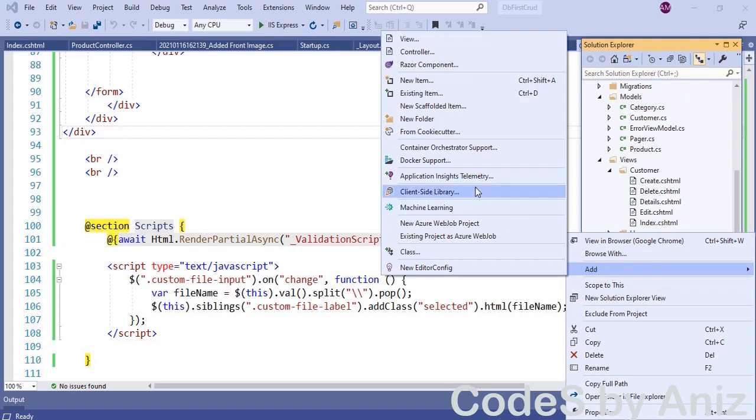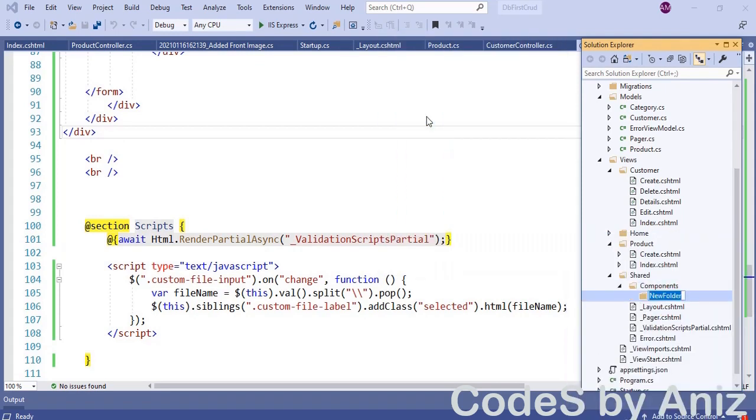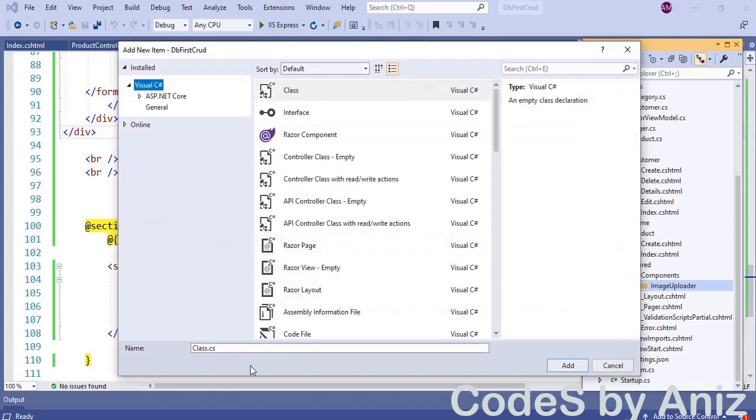Inside the components folder, create a folder named ImageUploader. And then we need to create a class file. This class file should have a suffix of ViewComponent. So add a class file and name it ImageUploaderViewComponent.cs.